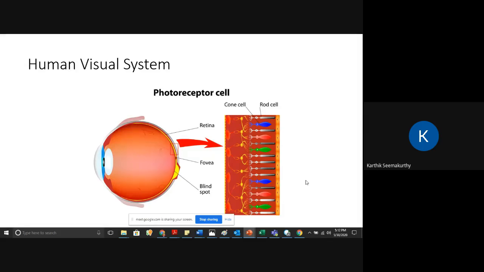The light comes into your human eye and falls onto the retina. What does the retina comprise of? This retina has major